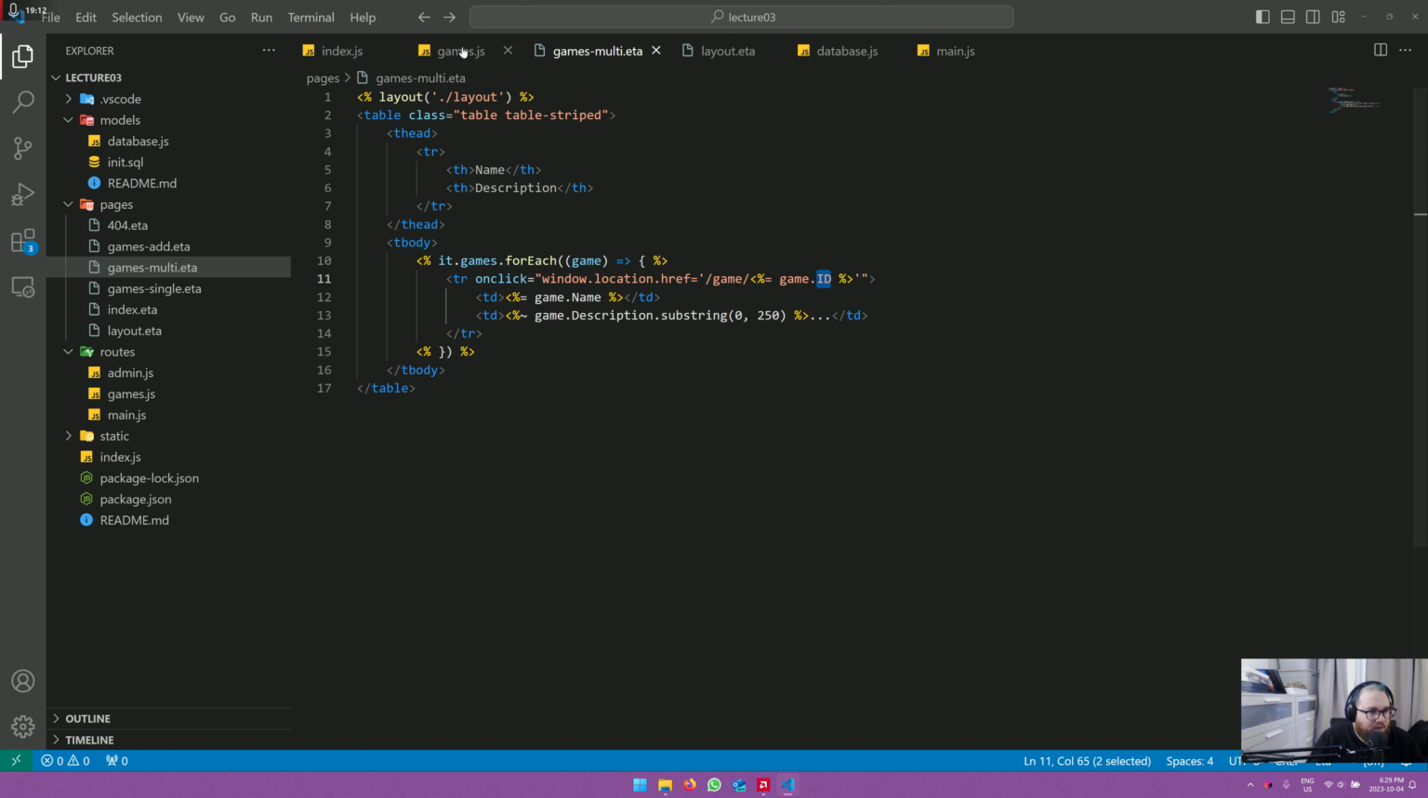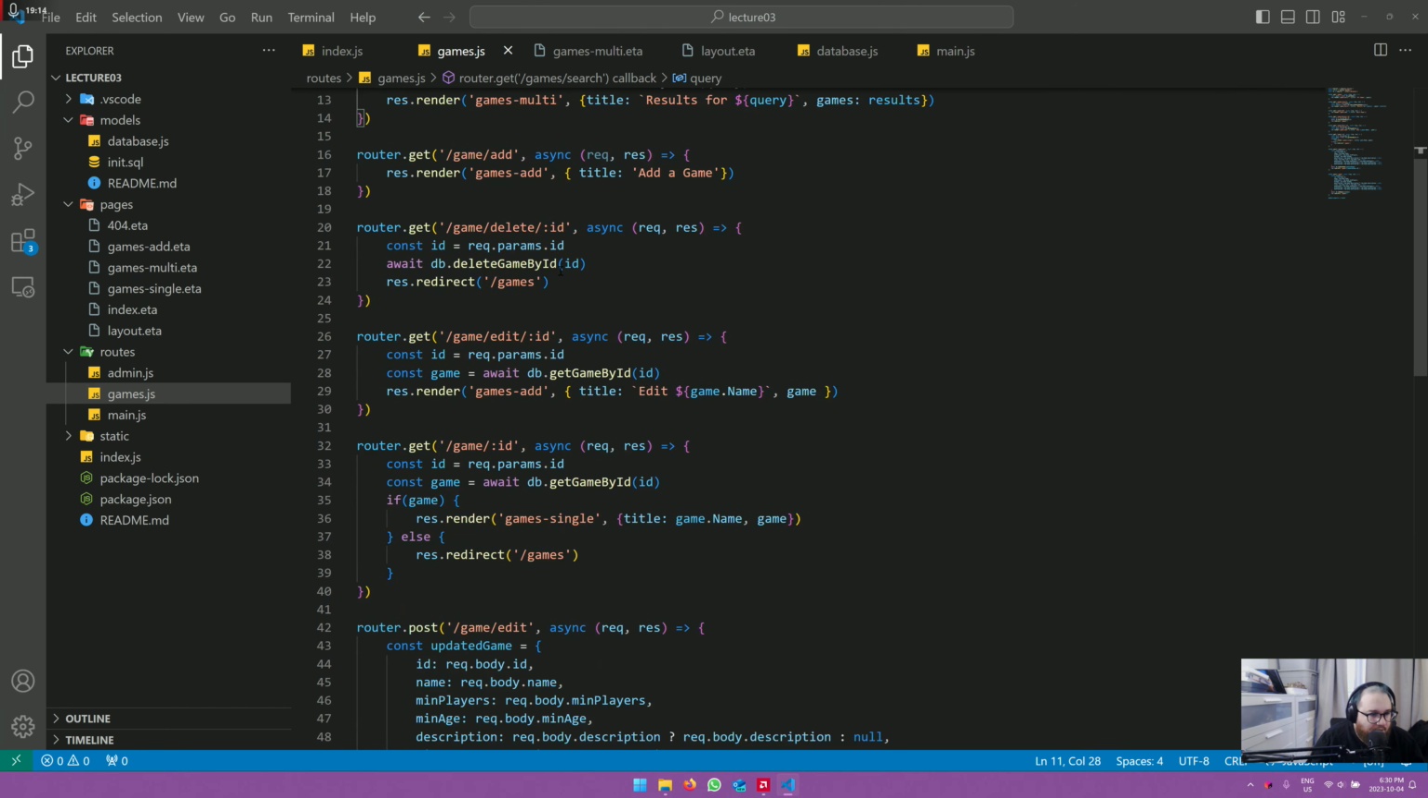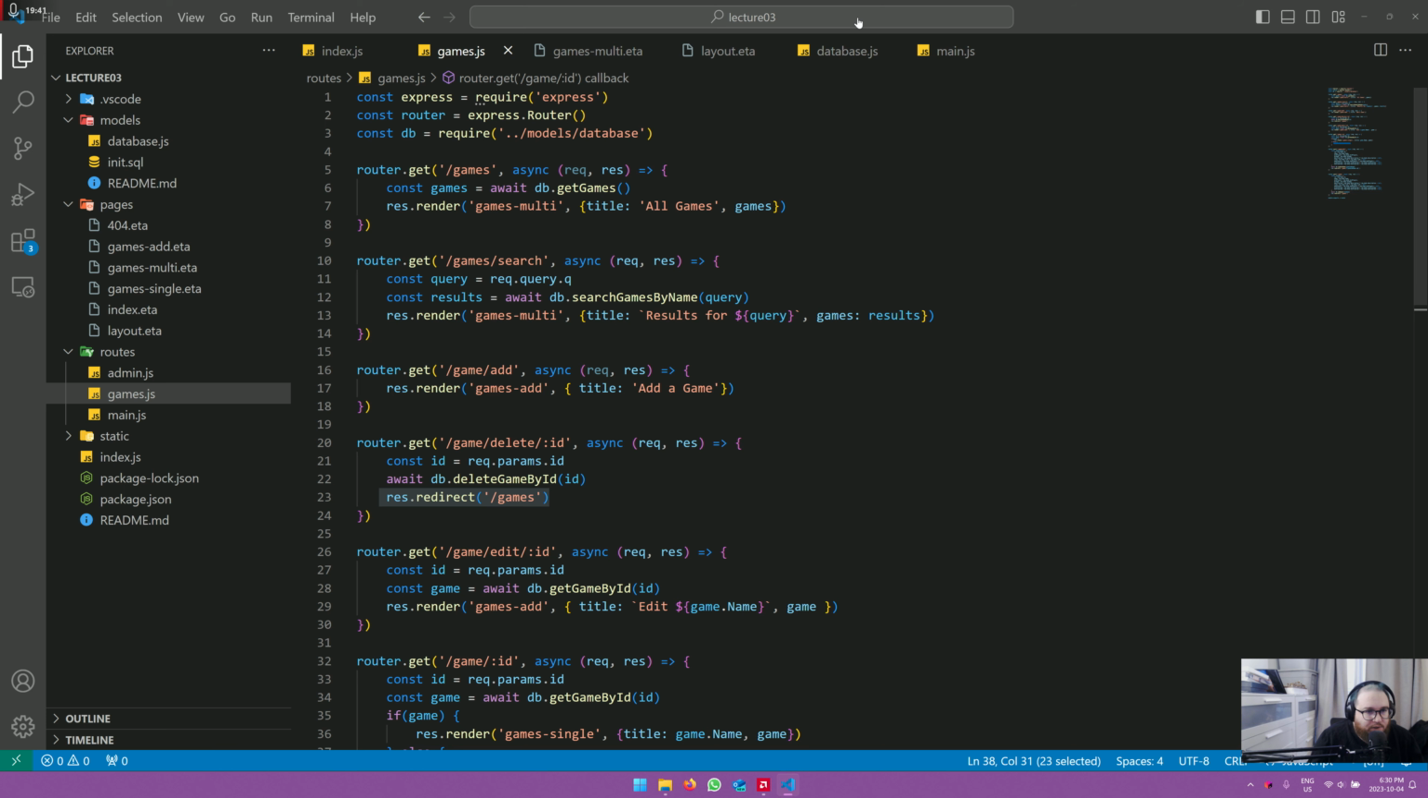Now what happens if I do a game/id? If we look right over here, we have get game/id. Here it'll get the ID of the game, get the game by ID, render the single game page if the game exists, otherwise we'll just redirect to the main games page. So that is, and I leave that as an exercise for you to go into more depth. That is an overview of a complete project